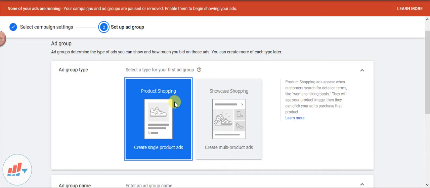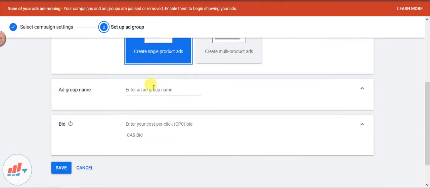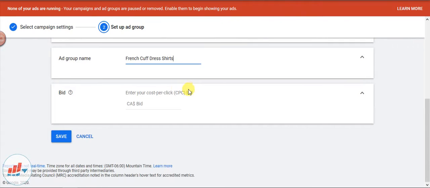We don't want to show our ads to them. We only want people who are searching for French cuff shirts. Naturally, this ad group is suitable for us. So we'll go with this one, and the ad group name we'll keep as French cuff dress shirts.